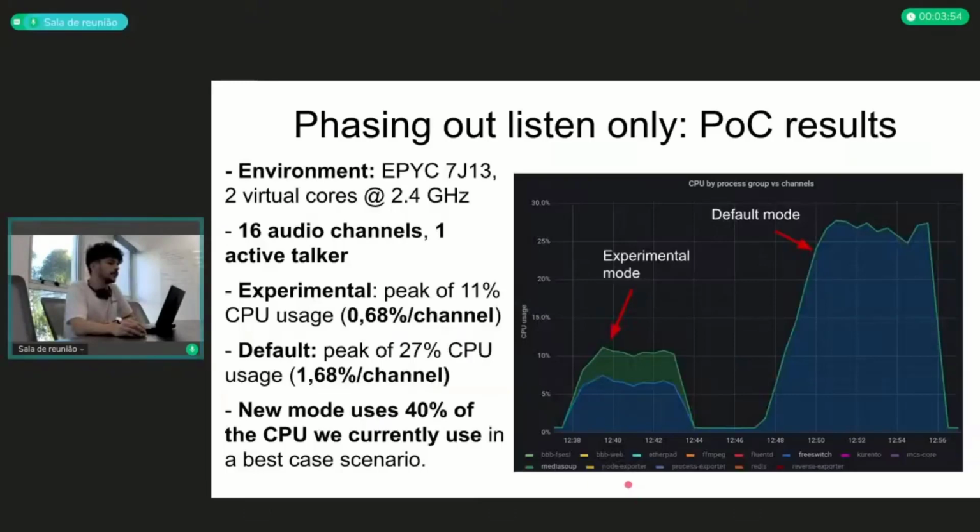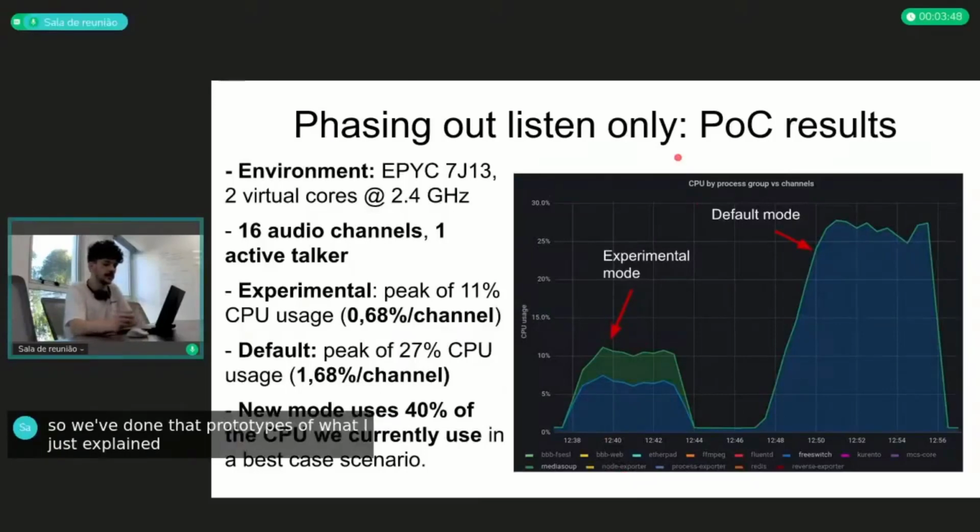And so we've done a prototype of what I just explained. There's a pull request open targeting BigBlueButton 2.7 with a few pending things, but the idea is that it will be behind a feature flag. So in an experimental fashion,